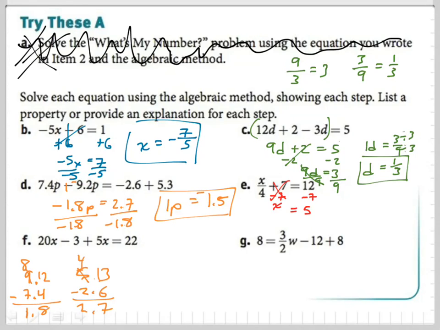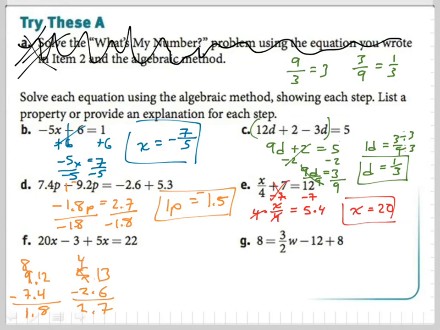And then we have x over 4. Now I read it as x over 4. What's another way to read this? Do you guys know? X divided by 4. Now there's other ways to do this, but this is the way I see it right now. That says x divided by 4. So what's the opposite of divide? So I'm going to multiply by 4. That's going to cancel those out, and so I'm left with x on the left side. And then I have to multiply the other side by 4 also. What's 5 times 4? 20. Okay,